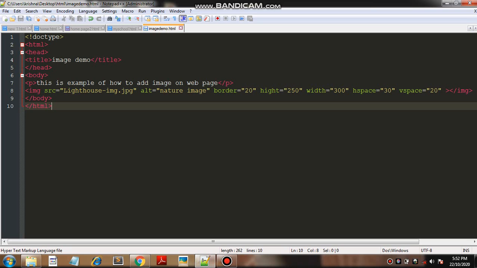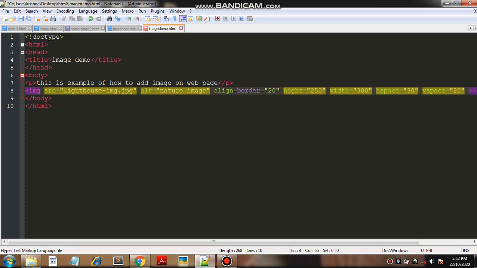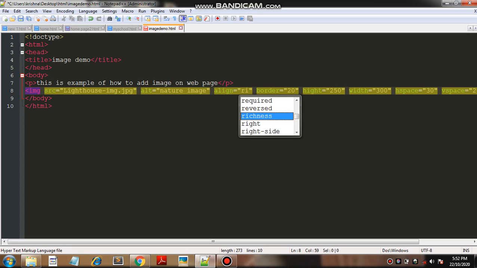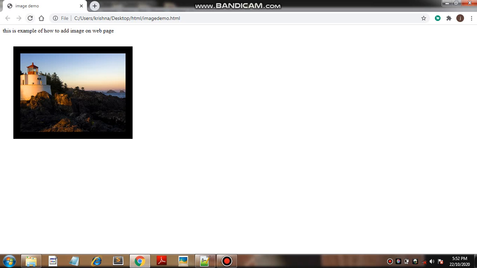Here we use align is equal to, in inverted commas. We want our image on the right side of our web page, so simply I write align right. Now save your code, go to your Google Chrome and refresh the page.